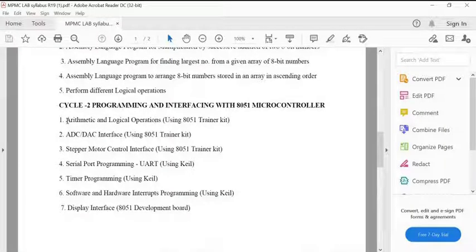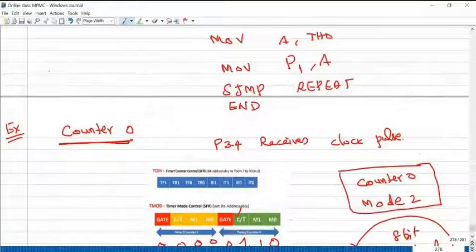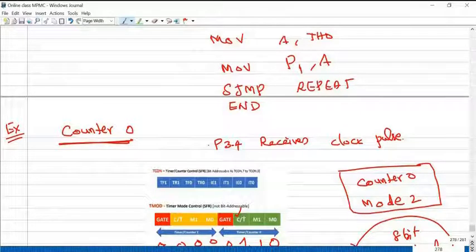Similarly, subtraction, multiplication, division, all the operations you can perform. And if you look at experiment number 5, timer programming using Keil software. Last class I gave the demo, but once again we are going to generate some other desired waveform using the timer program using Keil software. So if you have any doubt, let me know, particularly on these two counter programming topics.